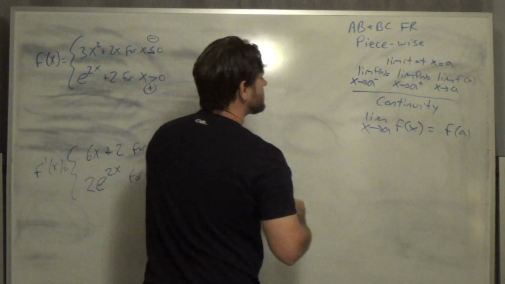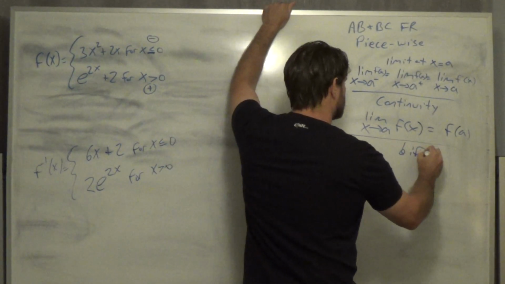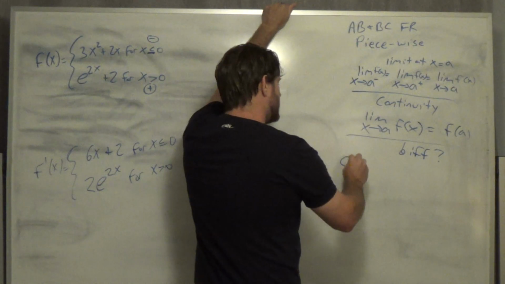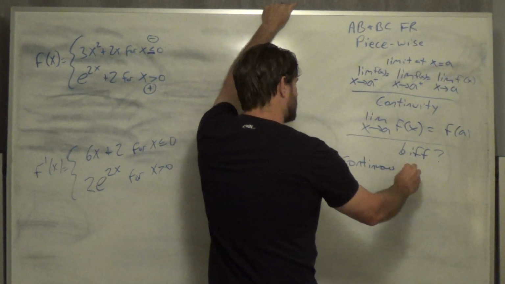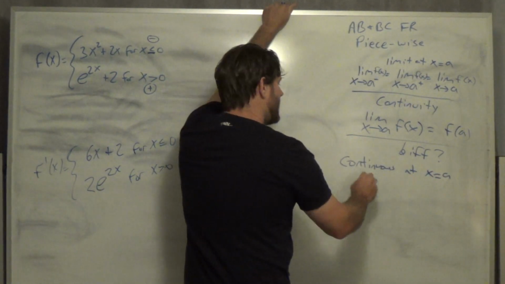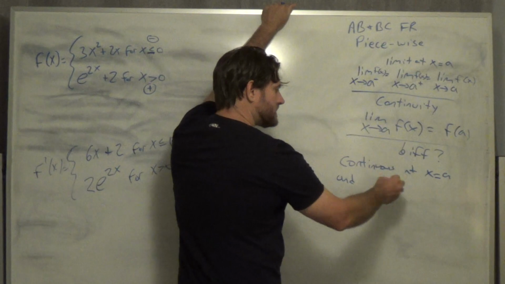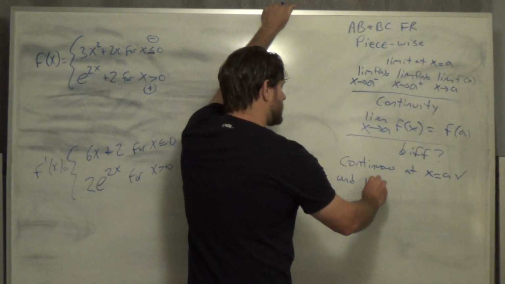Oh, by the way, how would you prove something is differentiable on a piecewise function? You would say it's continuous at x equals a. So first it has to be continuous. And once you've said it's continuous, or you can prove it's continuous, then this is where you go to